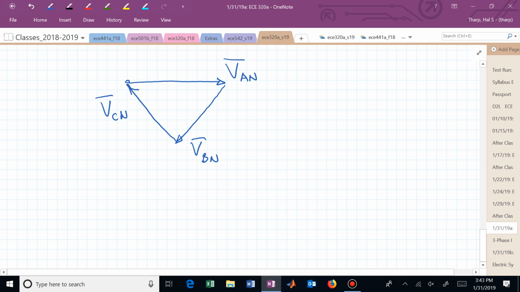Okay. 110, 120. That's what you see labeled, but what is that actually? That's RMS, isn't it? So the peak is actually 120 on average times the square root of 2. Anybody have a calculator? That's up to about 170. Peak. 169.7. Okay, 170 if you round. So we have 170 from 0 to peak.